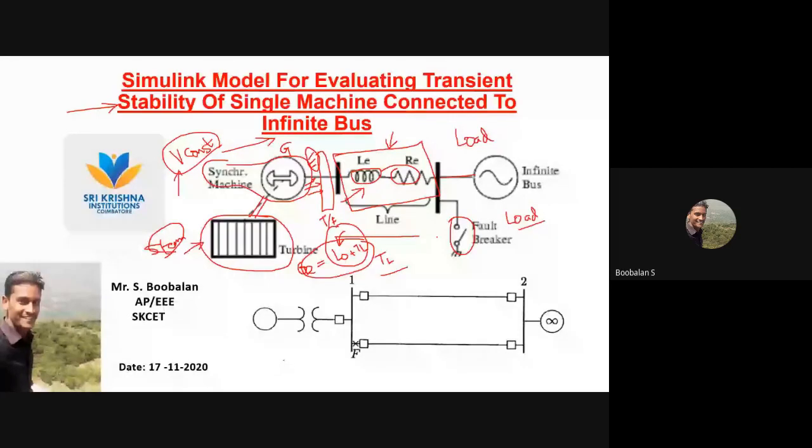Maybe some short circuit happens in the transmission line, or maybe a sudden load is removed from the buses, or a large amount of load is directly attached or detached from the transmission line, or some short circuit fault occurs. What do you think will happen to my generator? Anyone, just guess. Sir, transient voltage is produced, sir.